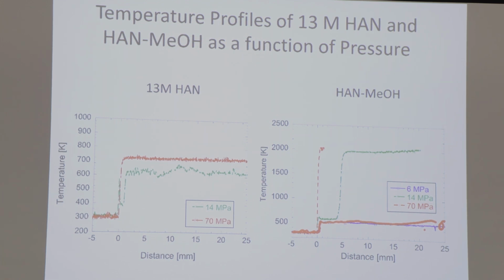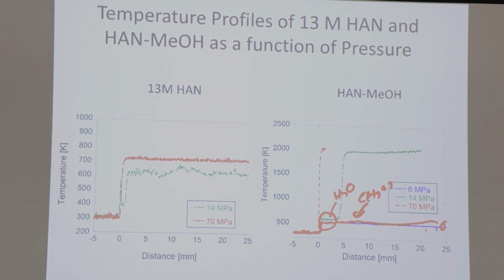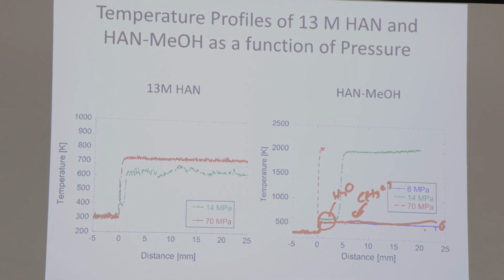So again, what's going on? Obviously I can't resolve right at the surface with these thermocouples, but is it still the condensed phase, even at the highest pressures, that's somehow controlling the burning rate? These temperatures here are very close to the boiling temperatures, first of methanol, and then of water. So you can imagine when I get to that first dip, the 7 megapascals, when the